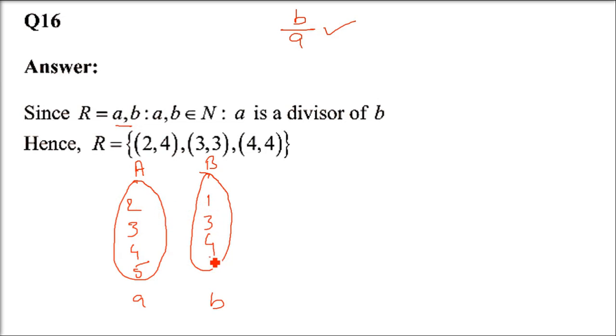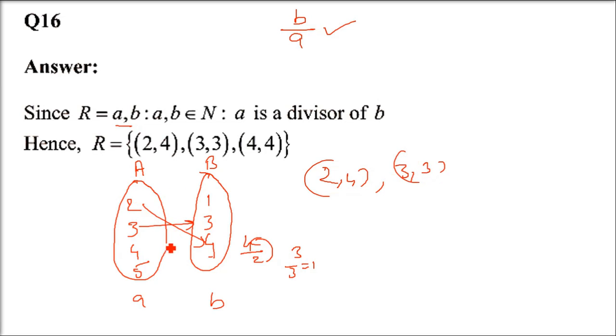One divisor is no. Only 4. 2 is a divisor of 4. So when you relate 2, 1, 2, 3, 2, 4, only 2, 4 will come. Now take 3, 1, 3, 3, 3, 4. Yes, 3, 3 is the divisor. Because 3 by 3 is 1. So you take 3, 3.